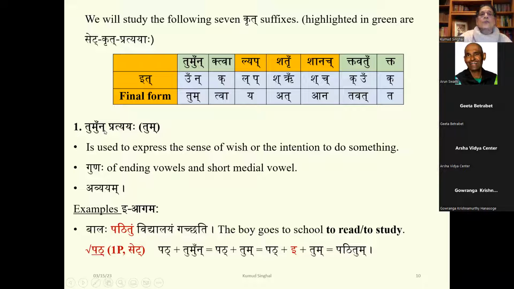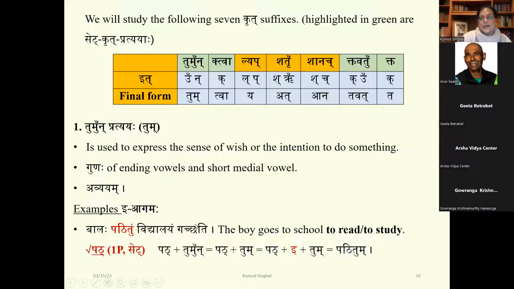So when is tumun pratyaya used? It is used to express the sense of wish or the intention to do something. And when you're using tumun pratyaya, the guna of ending vowels and the short medial vowel applies. So the ending vowel and the short medial vowel takes the guna, and it is an avyaya. Now I'm going to give you some examples where e agama happens. So balaha pathitum